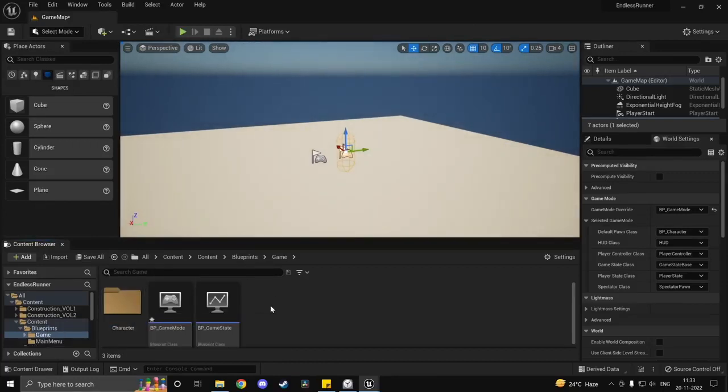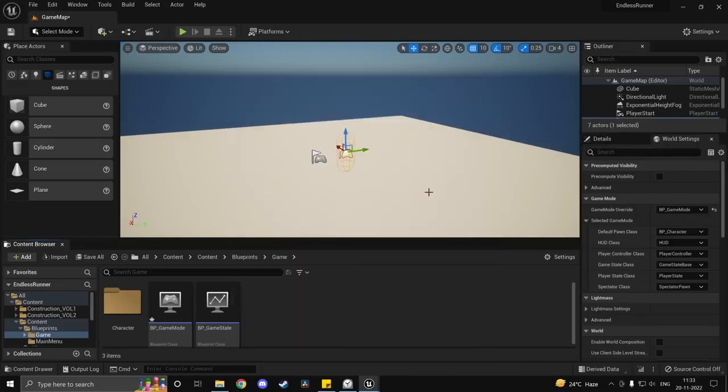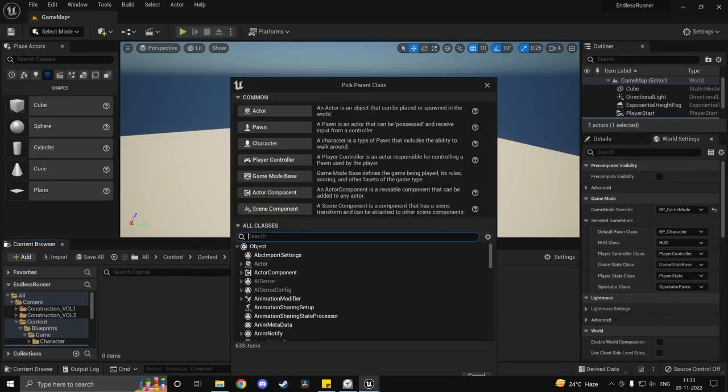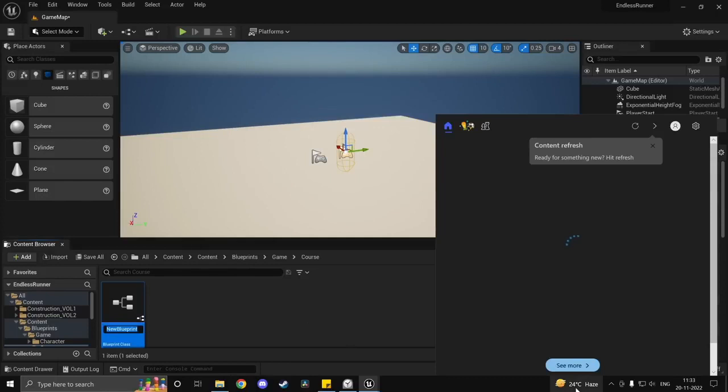Under game, in the blueprints folder, we can go ahead and create a new blueprint class. We'll do it in a new folder. So we'll call this one course rather. This will be the obstacle course basically. And we'll create a new actor. And we'll call this one